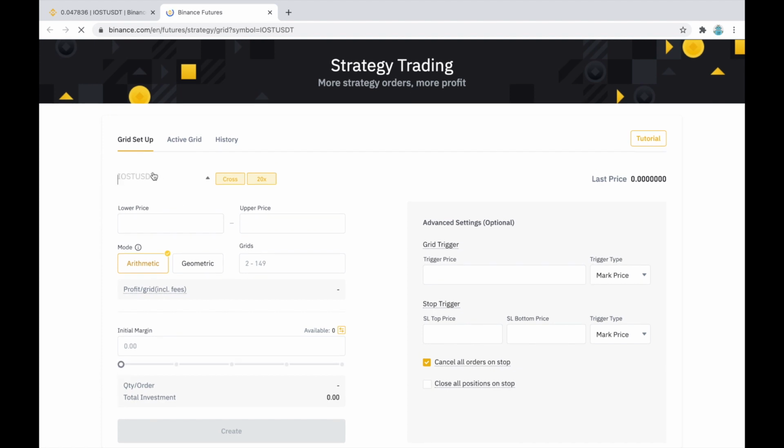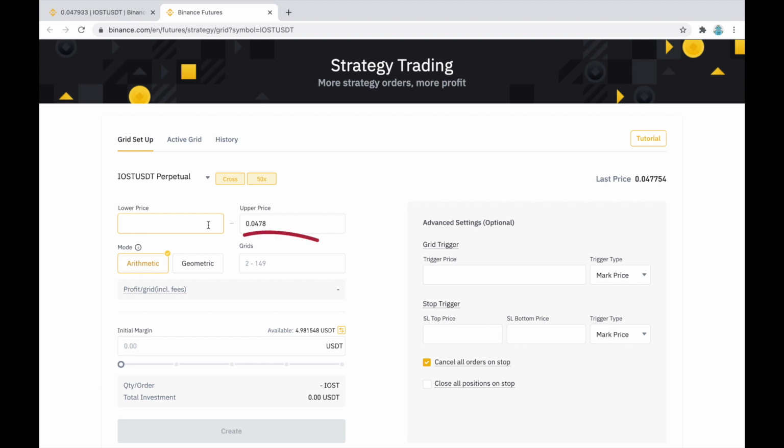At the moment I have about $5 of assets. It's not going to be enough to manage the risk of liquidation, and I will perform the calculations shortly. Please see my previous video, where I described my strategy for grid trading, to understand the principles I use for the grid setup. In short, I set up my grid framework so that my upper price is always slightly below the last price. My next three inputs will impact the size of my positions, i.e. the quantity of IOST I will buy per grid. The quantity will be calculated automatically depending on the overall grid range, limited by the lower price and upper prices.